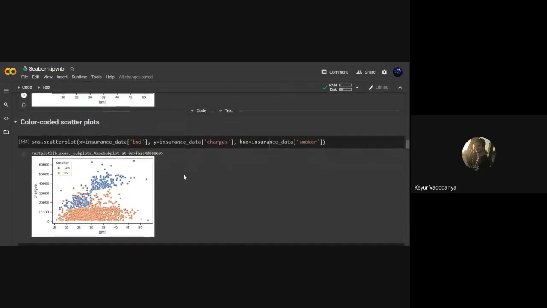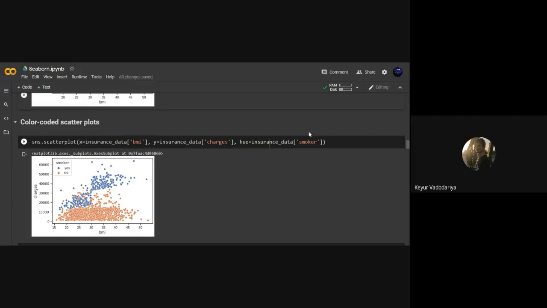Now for the scatter plot, we can also differentiate the data based on a categorical column. So, like above, we simply have to plot a scatter plot specifying the x-axis, y-axis, and the data. The column on which you want to distinguish the data, you have to specify in hue. So here hue is equal to insurance data of smoker.